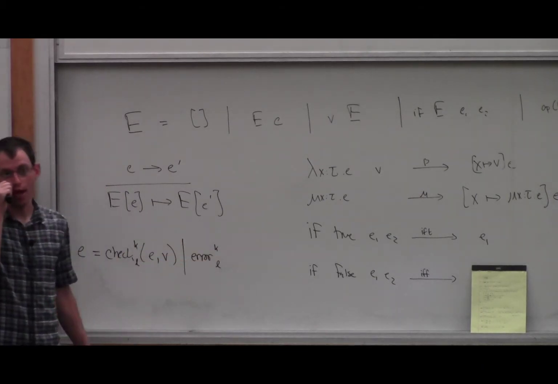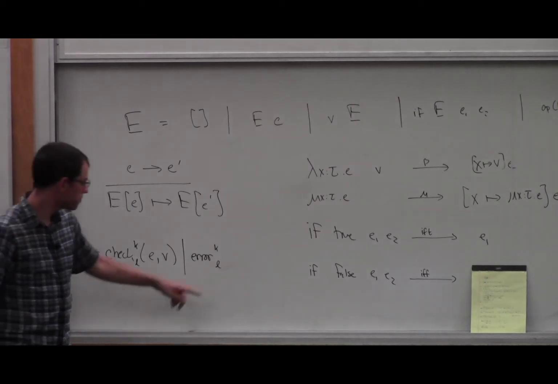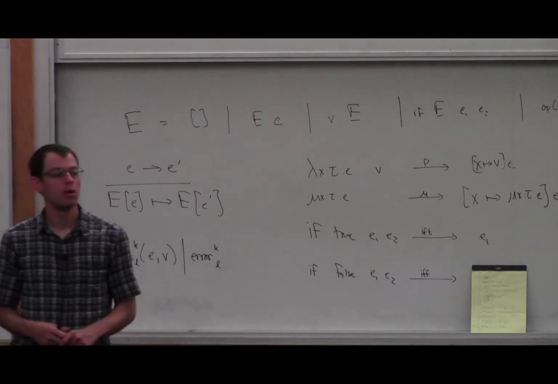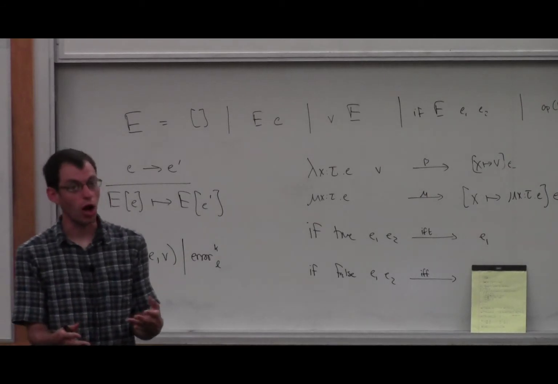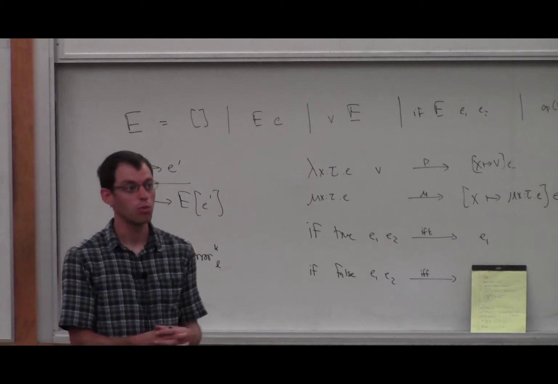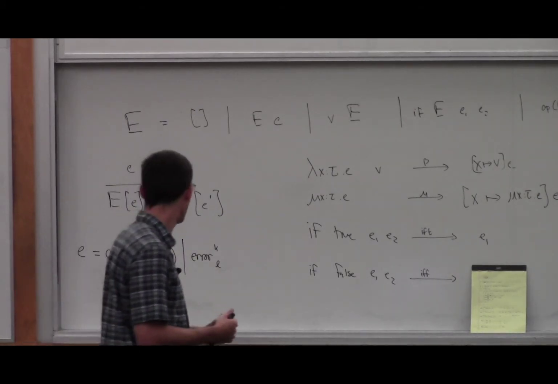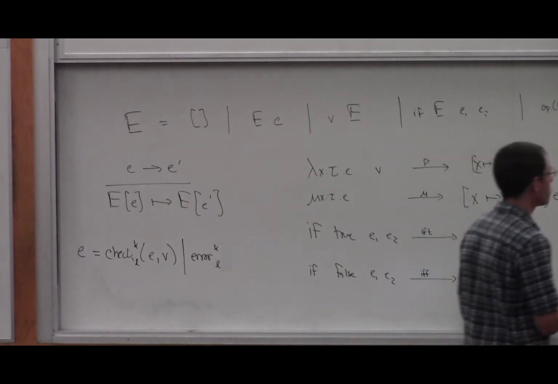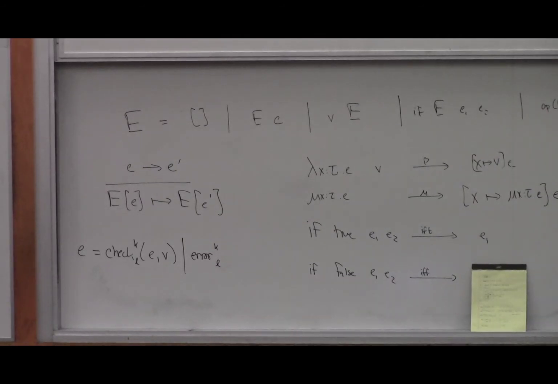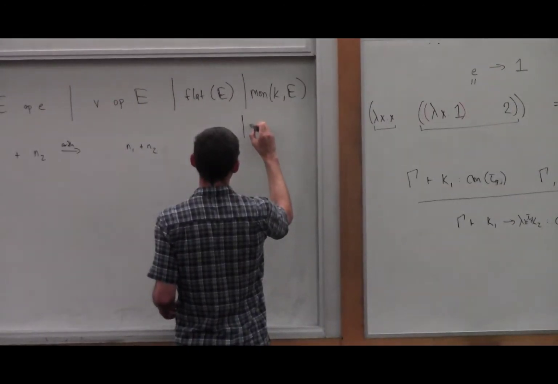It was the contract labeled L. Those are things that we saw yesterday when we saw contract error messages, and we're going to have those as well. And now that we've added that, we're going to have one additional evaluation context,